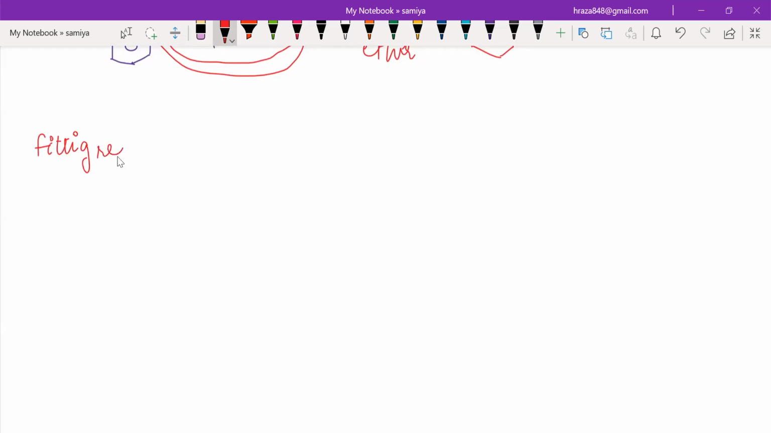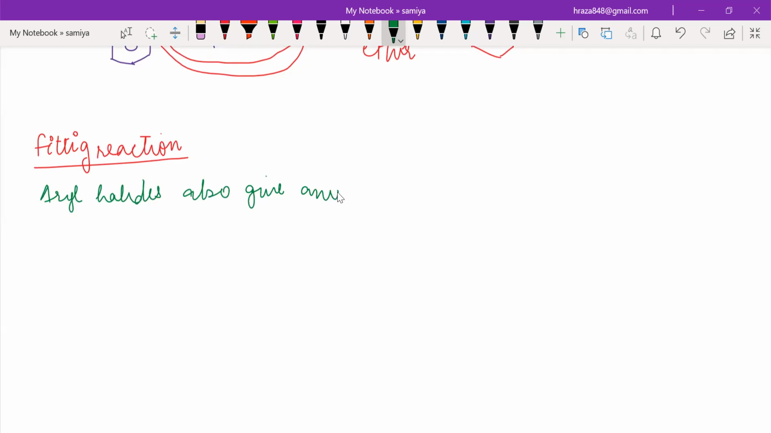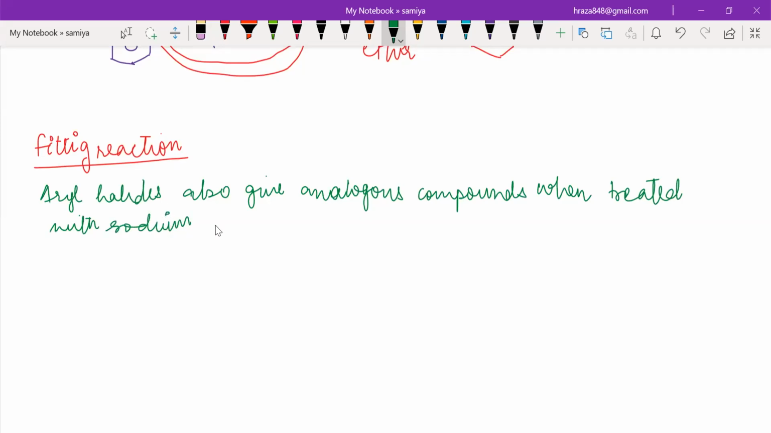Okay. Now the next type of chemical reaction, also part of reaction with metal, is Fittig reaction. See, Wurtz reaction is about alkyl halide and alkyl halide only, haloalkane only. Fittig reaction is only about aryl halide. So basically, aryl halides also give analogous compounds when treated with sodium in dry ether. Do you know why we use dry ether